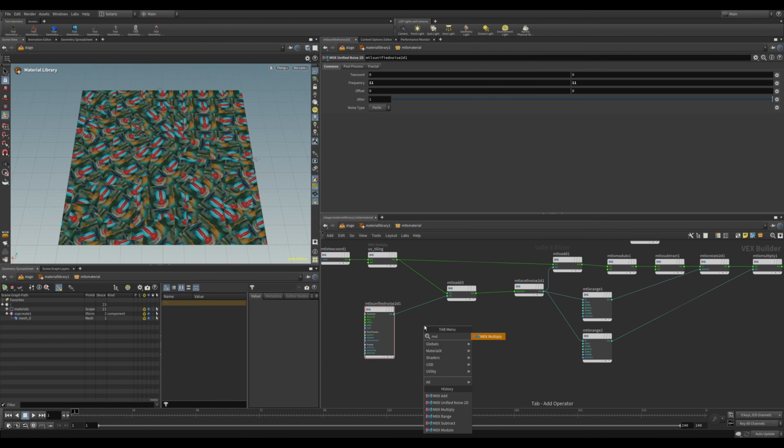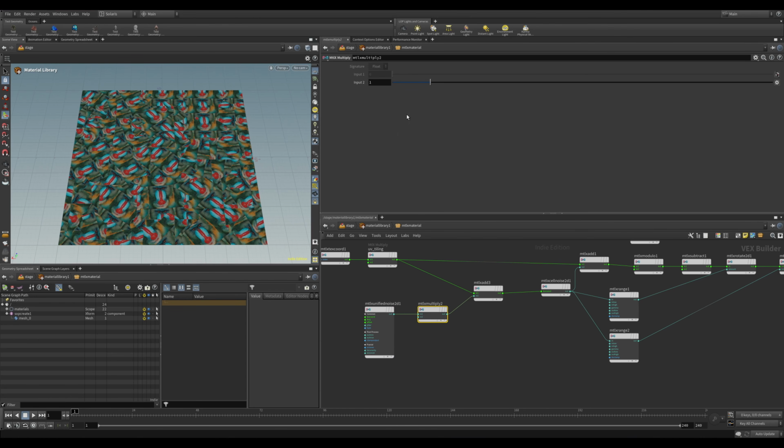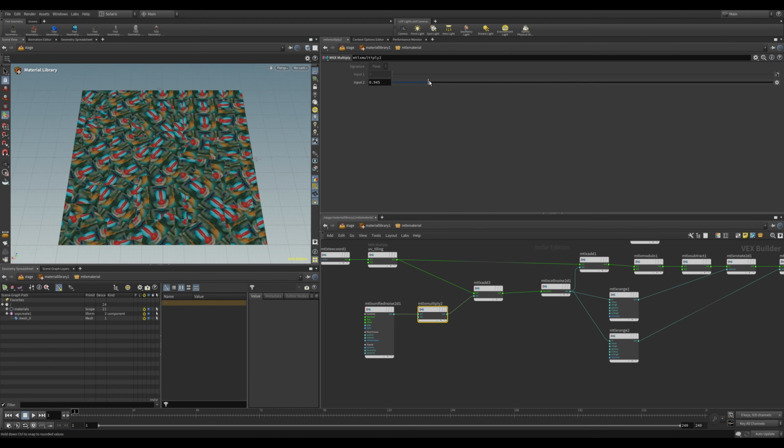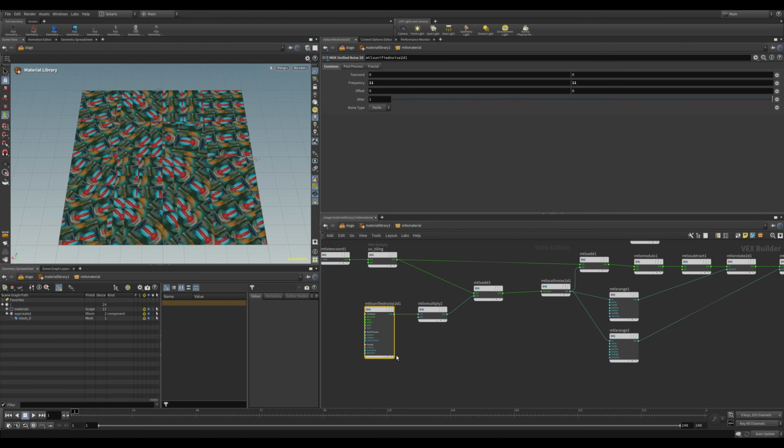What I'll do is I'll also add a multiply node after the unified noise, and this will just help us control the strength of this noise. So if I put this multiply down to 0, then you see it all goes back to straight lines. If I increase this value, you'll see the distortion starts to come in. Well, one of the things that's happening here is that our UV tiles are getting shifted. And if you pay close attention, our tile starts up here, and then slowly all of them start to deviate down to the bottom right. Well, that's happening because this noise is not zero-centered. It goes from a range of 0 to 1.